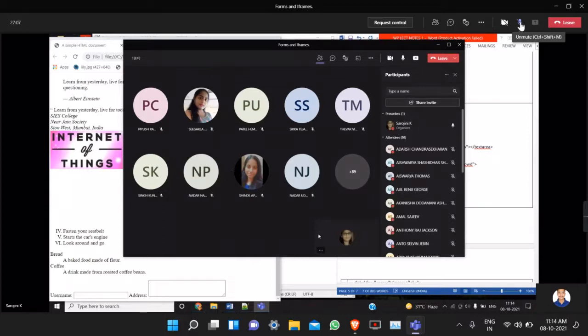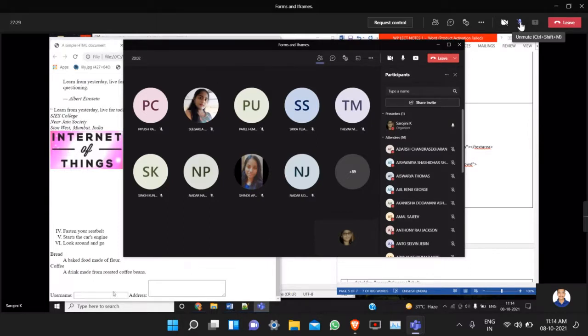But after we display all the form elements, I will show you how to properly align them, using new attributes and new tags. But remember there are other options also.